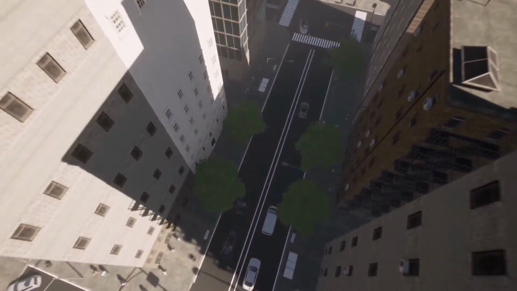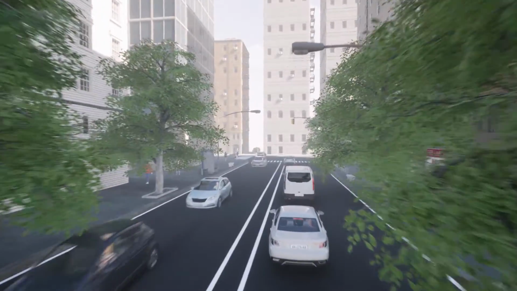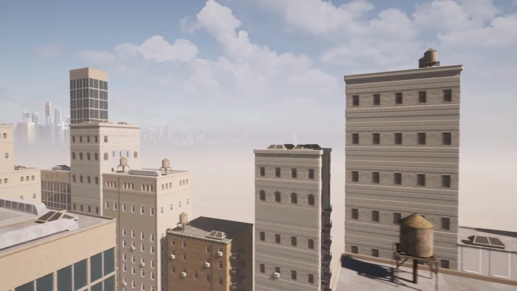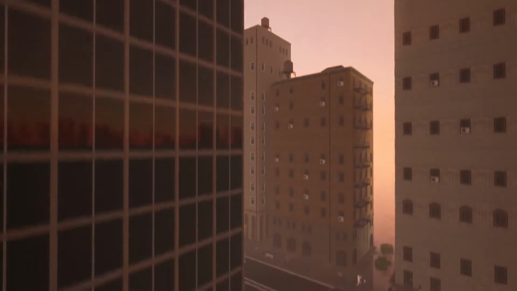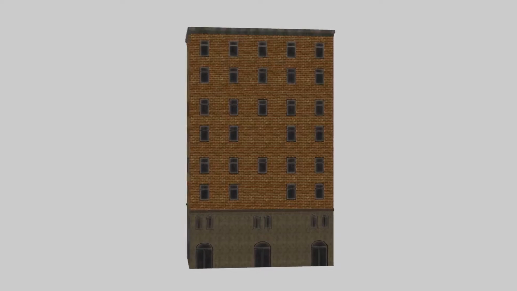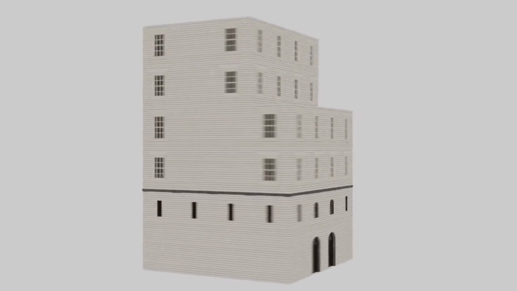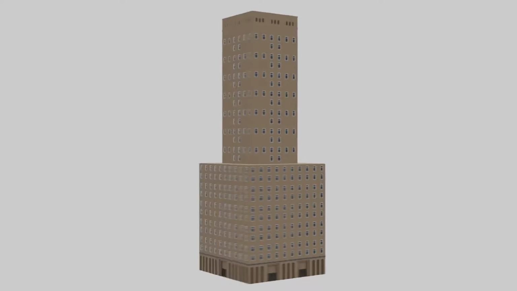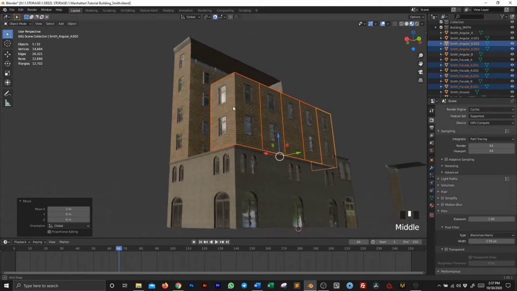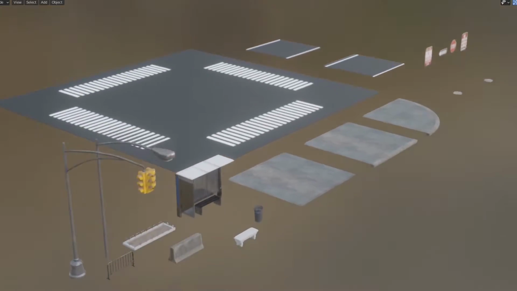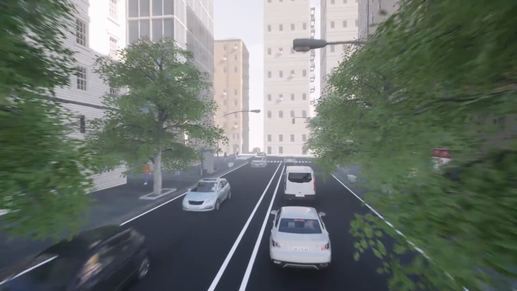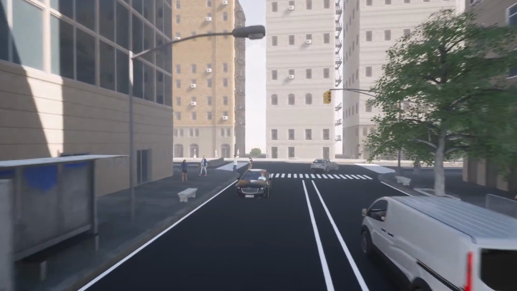The Manhattan Modular Buildings Pack is a powerful tool to create New York-style buildings in minutes. It's made of modular building blocks that you can combine together for infinite combinations. Snapping together fully textured walls, streets, accessories, and vegetation, you can build a mega city with just a block of